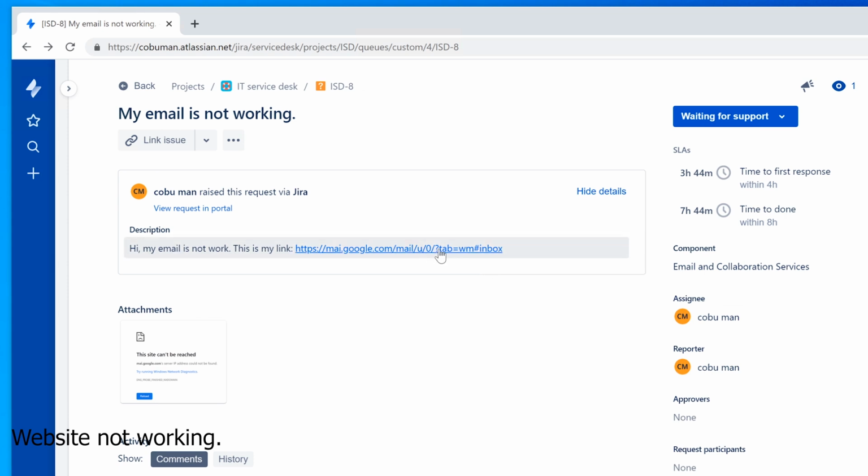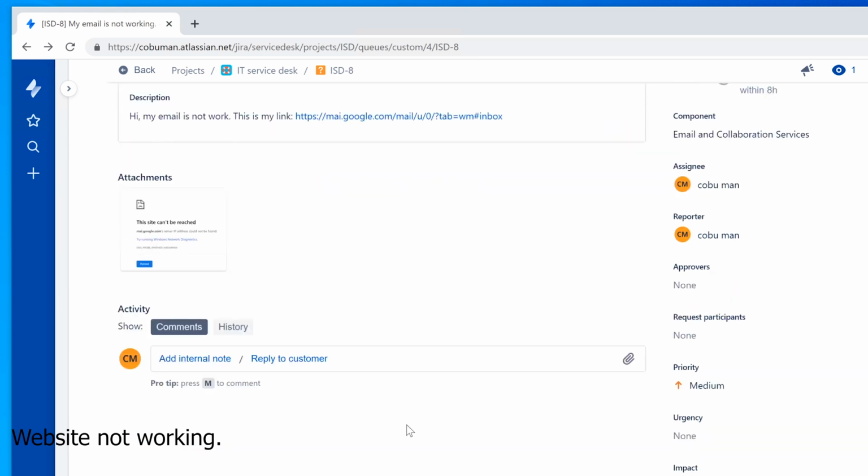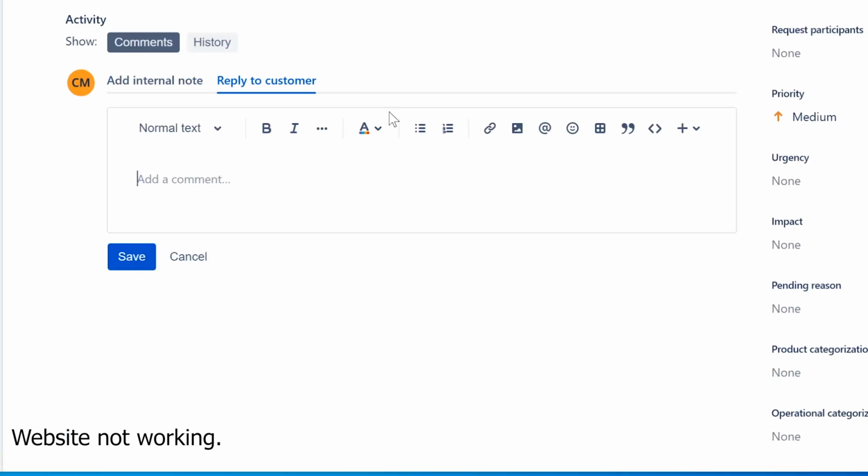So let's pretend that this is a website that's not google.com. That's something totally different. Now we have to reach out to the customer, and this issue I would preferably handle over the IM or instant messenger if available within that company. If not, you may have to call the user and talk to them directly. That might be another option. And the way I would approach this, I would reply to the customer. I would say,